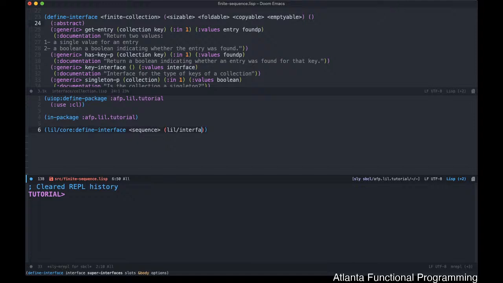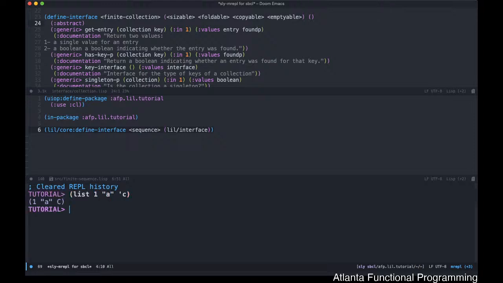Now, the main thing that you need to think about when you're thinking about sequences, at least with respect to Common Lisp sequences, is technically lists. And I can just show this to you. A list can be a heterogeneous list here that could hold different types of values. They don't need to be the same homogeneous type. You can make a homogeneous sequence if you wanted to,